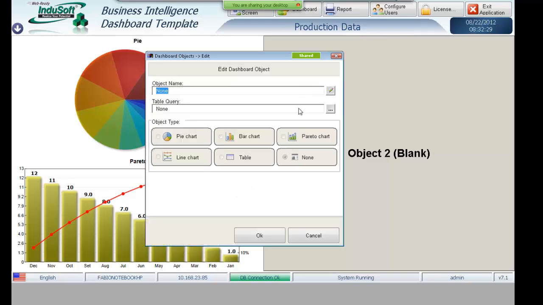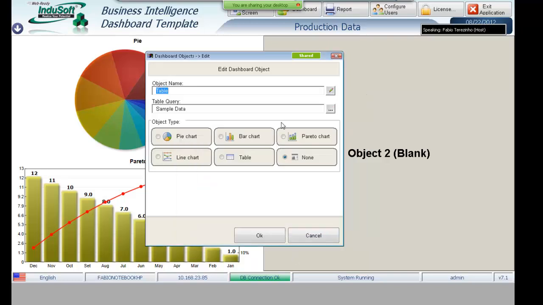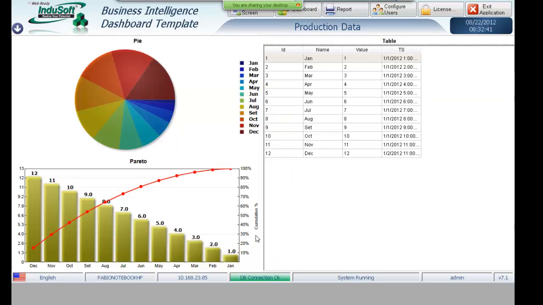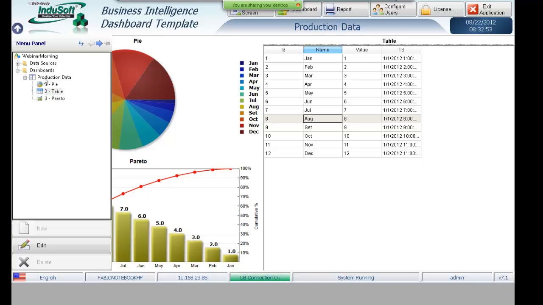And if I click here, I can give another name. So let's call this table. Retrieve data from any query that I had previously created and say show as a table. Here you have all the data. So you can analyze the data here as a table, as a pie chart, as a Pareto chart, and so on and so forth. This is one dashboard, the dashboard I called Pareto data, but you can create additional ones,